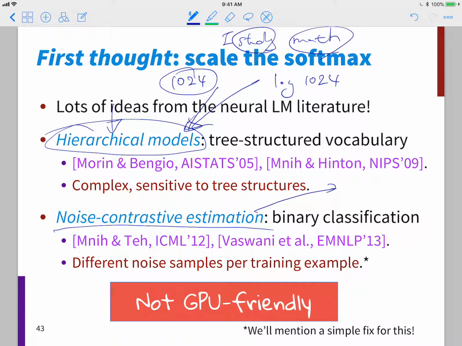Okay, and then we actually suppress the probability of observing these noise words, and that corresponds to this noise contrastive estimation. But this method is based on some probabilistic context or literature. And